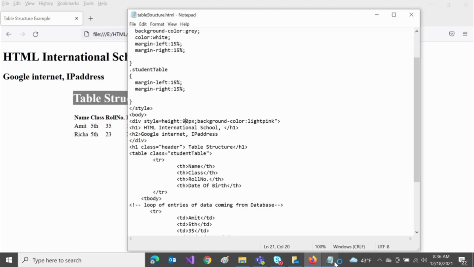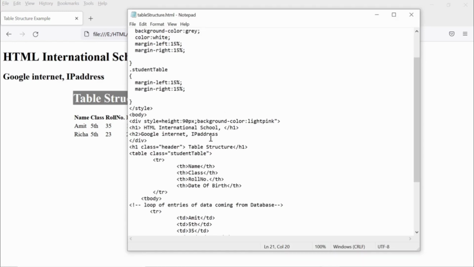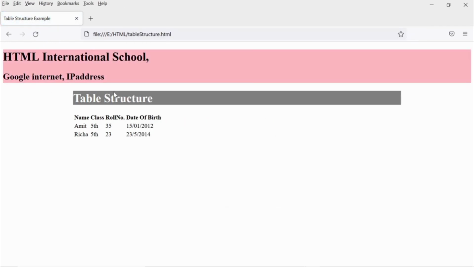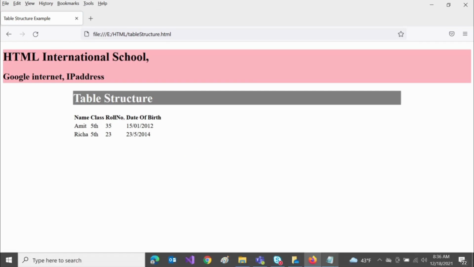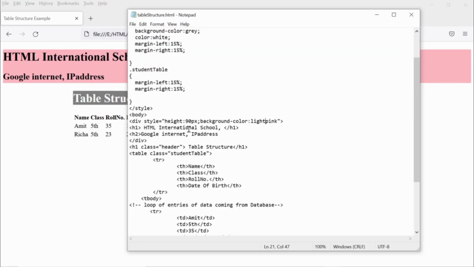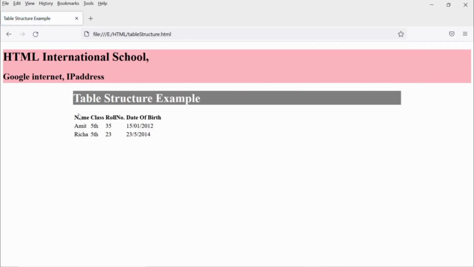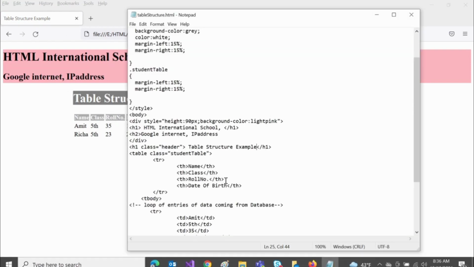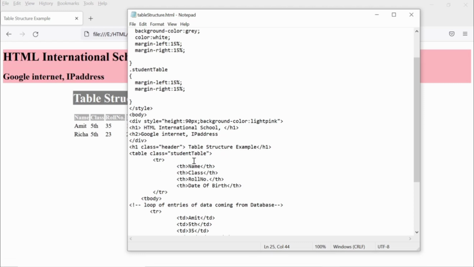So why is the light pink not coming? Because we have missed the double quotes in the style tag. Let's add the double quote, save the form, and just refresh it. So the pink background will appear on the form here. Guys, these small corrections can come up if you type in Notepad, but if you are using an editor, it will directly show you an error that you have not closed or opened the double quotes or something like that. So please take care of that.